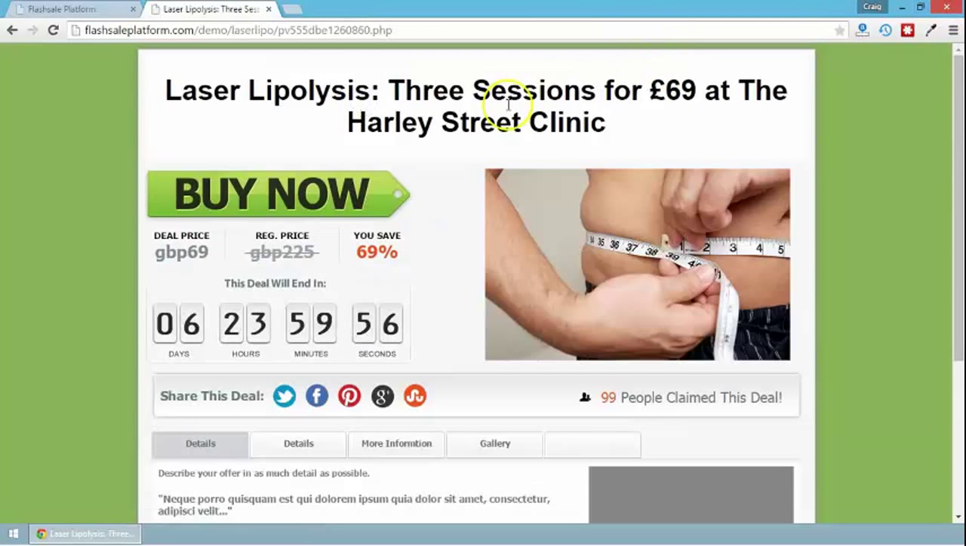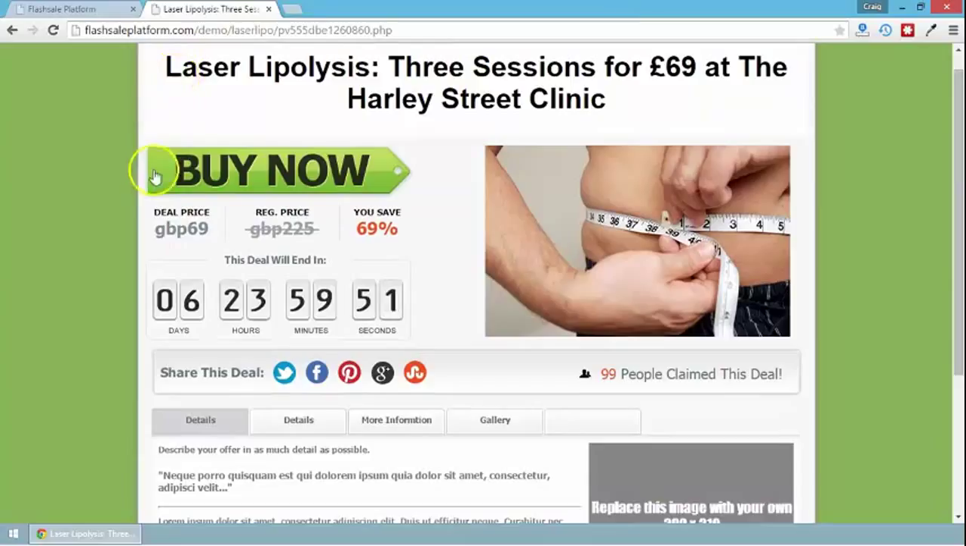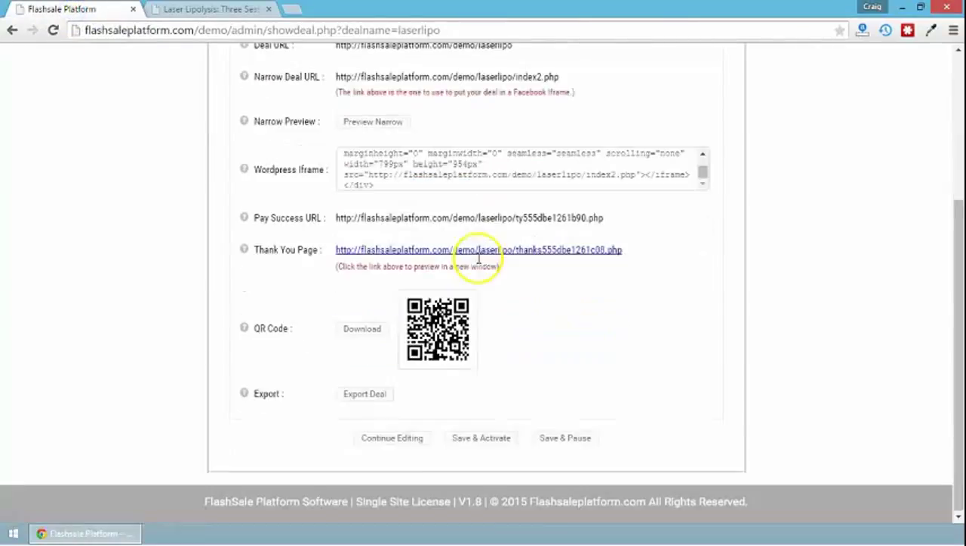So this is the side block image that we've uploaded. We've included a headline. I've just realized that that should be in capital letters, so we'll go back and edit that for the currency. Let's do that now. So we scroll right down, click continue editing,